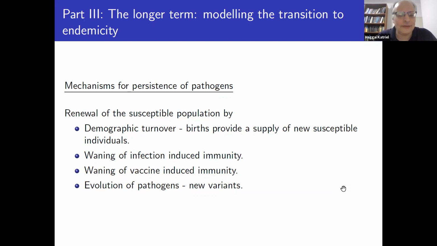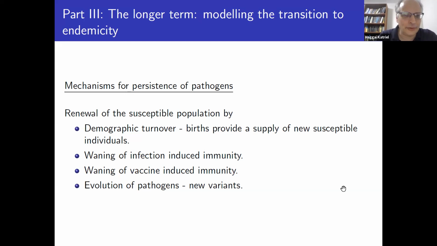If you look at the SEIR model, it gives an epidemic which ends, and then nothing more happens. But no one thinks that the coronavirus is going to disappear at any time in the foreseeable future, and that's because if we want to understand what will happen, we have to add the mechanisms that renew the susceptible population.